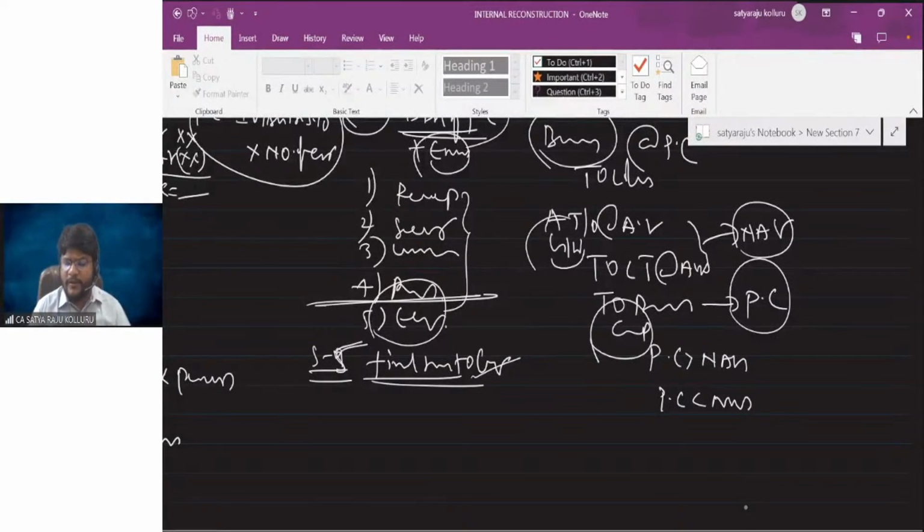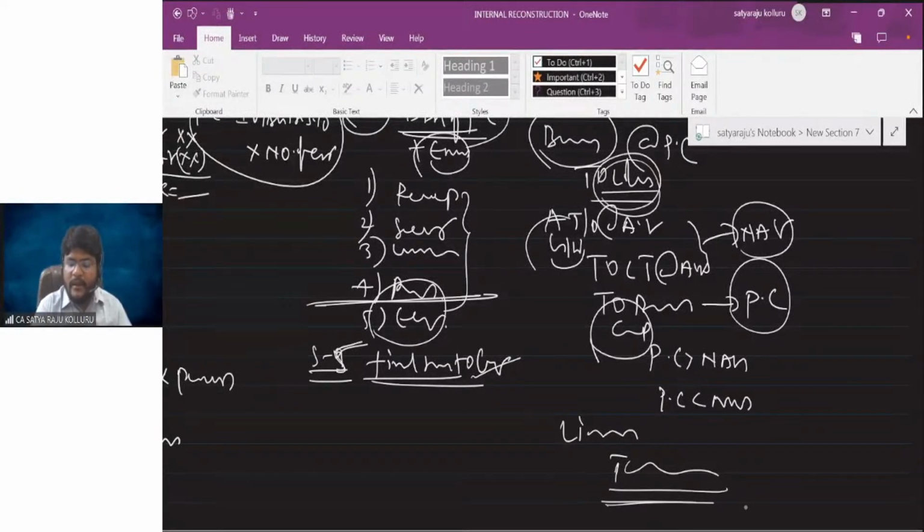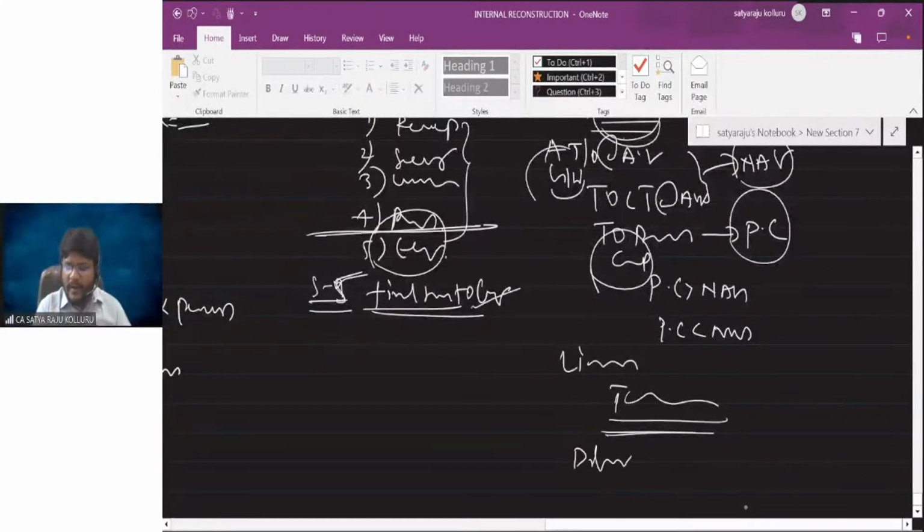That point we also discussed. Then finally, you can go for the liquidator settlement: liquidator to share capital, securities premium, preference share capital, debentures, cash, whatever the case may be. And one more thing, under the liabilities, if you have taken the debentures of the selling company, you should cancel the debentures of the selling company. You should issue your own company debentures.